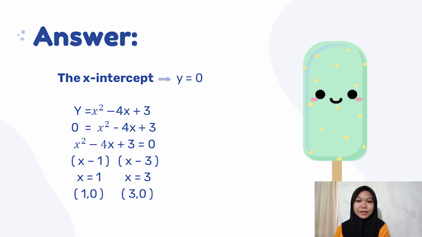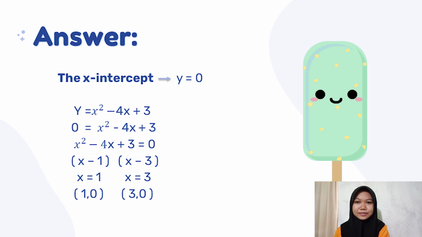Answer: x squared minus 4x plus 3. First, we will determine the x-intercept. For the x-intercept, the value of y is 0. y equals x squared minus 4x plus 3. We change the y to 0. 0 equals x squared minus 4x plus 3. To find the value of x, it must first be factored. x squared minus 4x plus 3